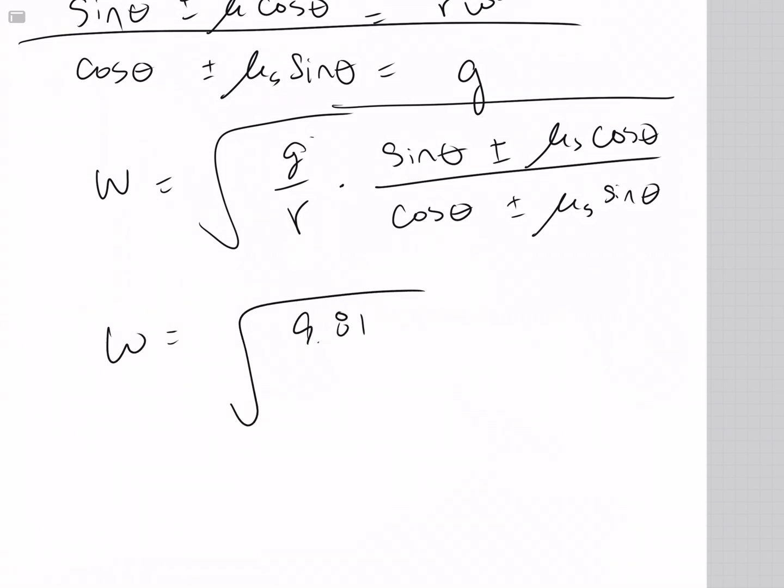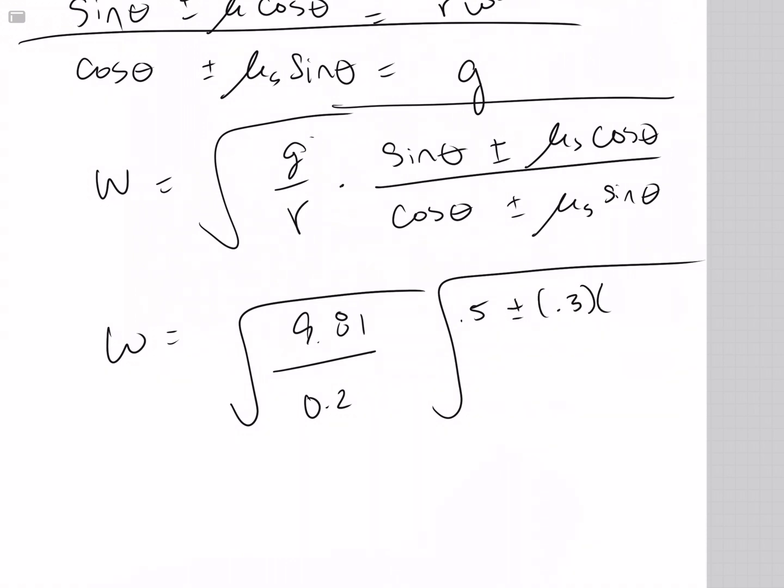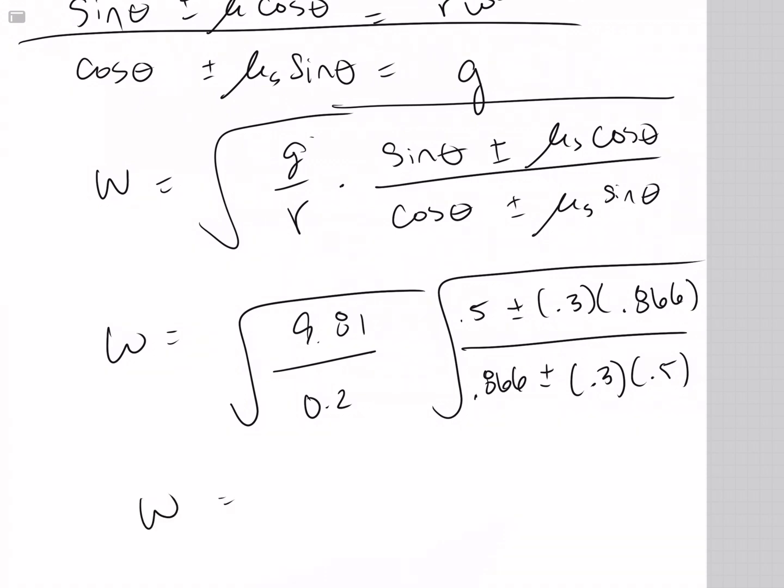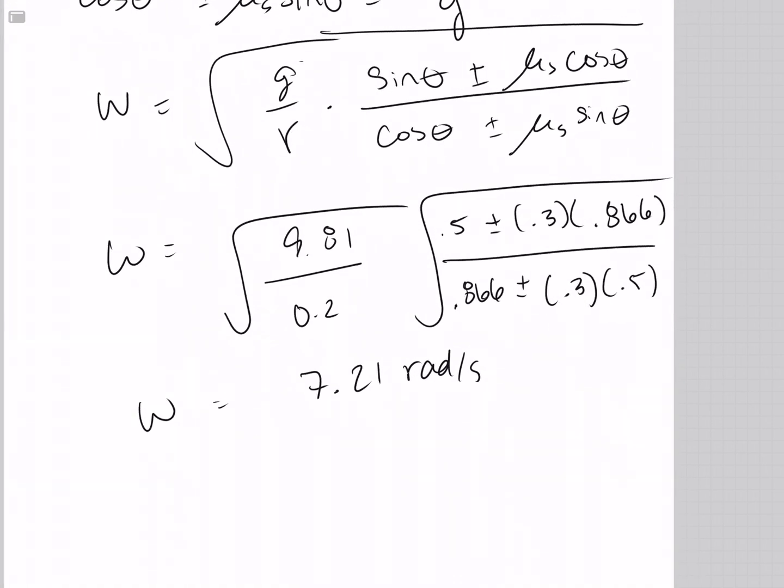Like I said before, we have all the values for here, so we can solve directly for omega. That is 9.81 over 0.2 times 0.5 plus and minus 0.3 times 0.866 over 0.866 plus minus 0.3 times 0.5. Simplifying that down even more, we can get two values for omega. The max is 7.21 radians per second, and the min is